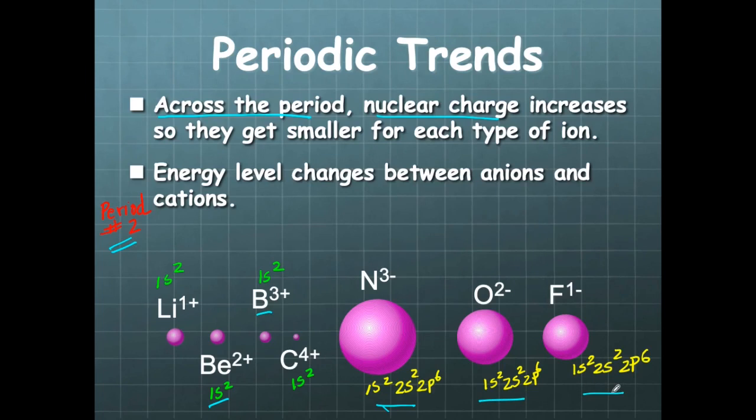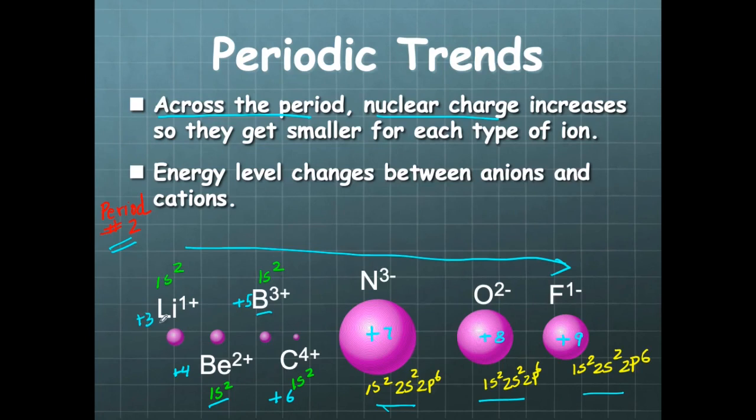So we can see that as we move across a period, the energy levels are changing between anions and cations. Okay, even though the nuclear charge is increasing, in this case, the nuclear charge is +3, this is +4, +5, +6, +7, +8, and +9. So the nuclear charge is increasing, but the number of electrons are different and the energy